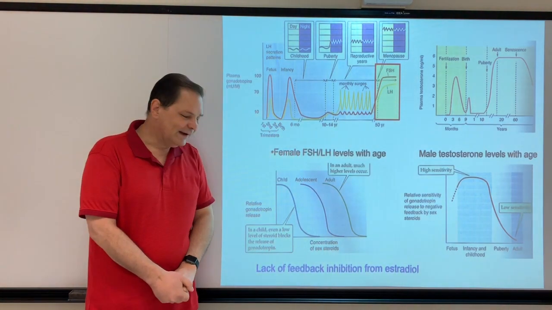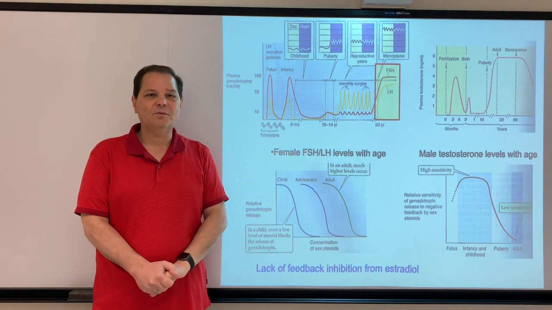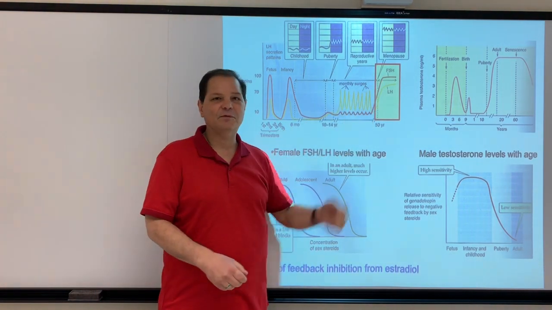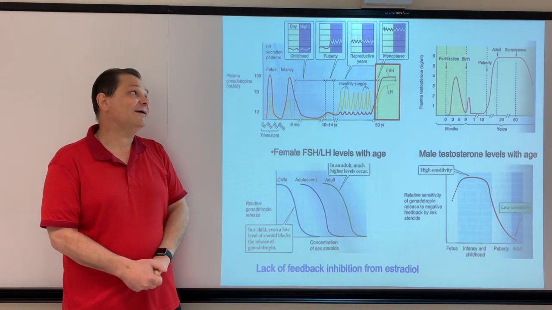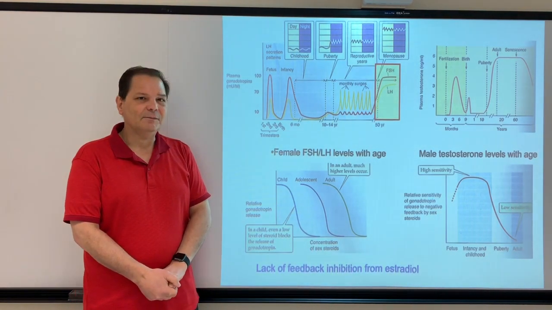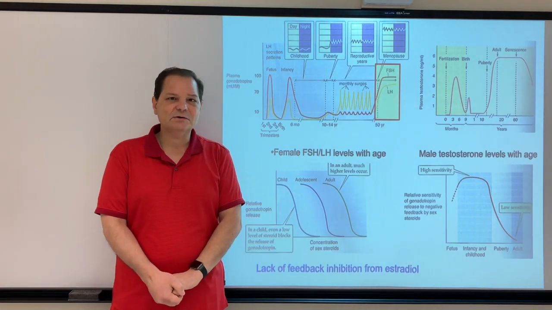That can be handy when it comes to detecting whether a woman is in menopause or not. You can look at these, they're detectable in the plasma, and you can see, okay, it's abnormally high and steady. That probably means we're not cycling anymore, and there's not that much estrogen, okay?